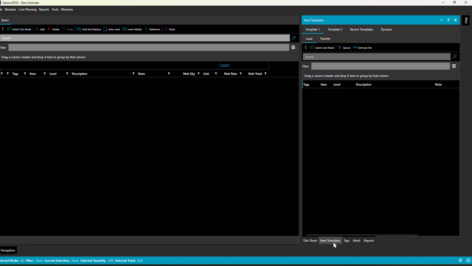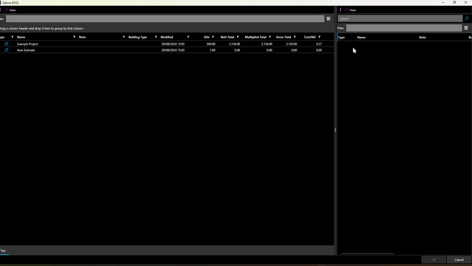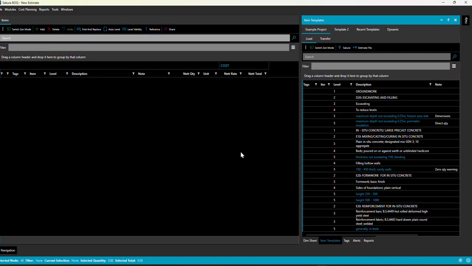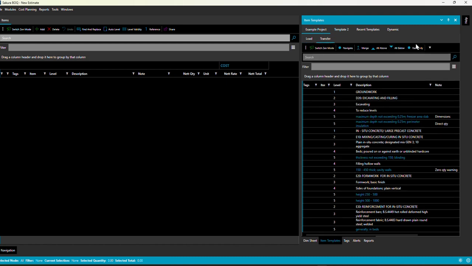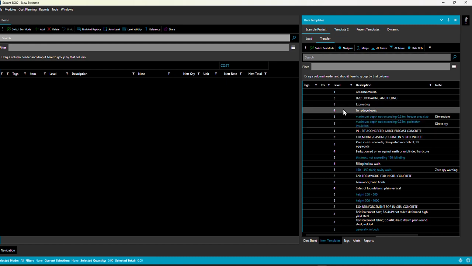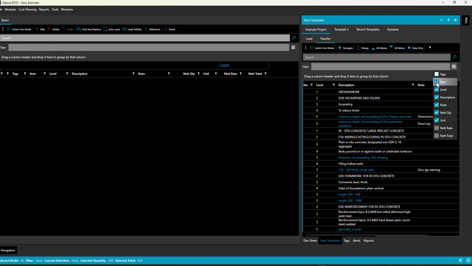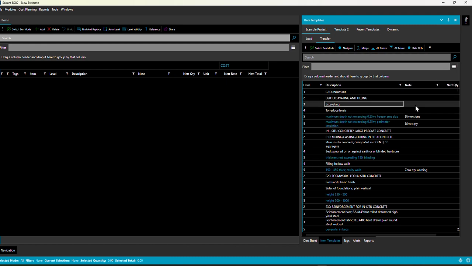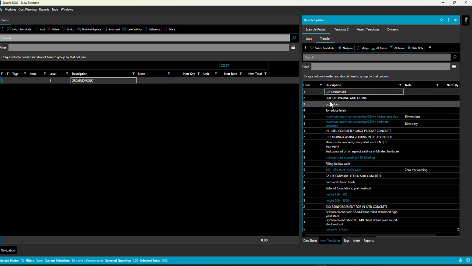But what I'm going to do is use item templates. I'm going to use the job that we used before, so the example project, but this time I'm going to use it as a template. And I'm going to look at the transfer information here. So when I bring it across, I'm not bringing the quantities and I'm not bringing the rates. I'm using it very much as a library. I might just turn off a couple of these columns here because I've got a bit more room. So double click,